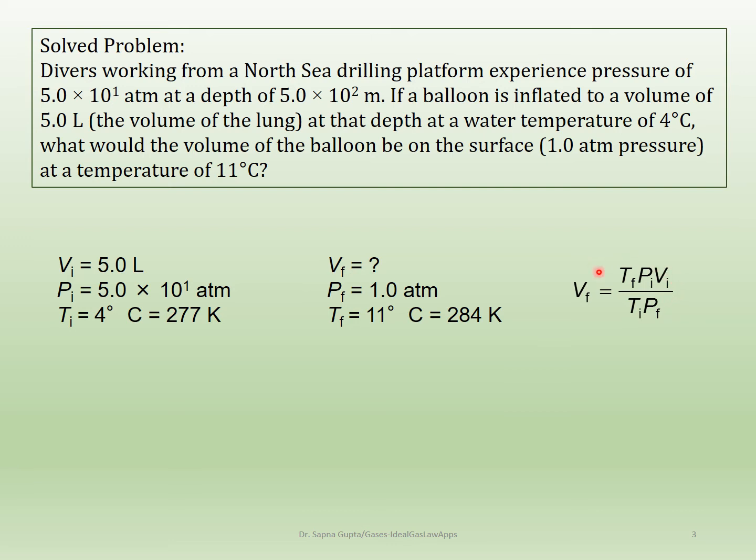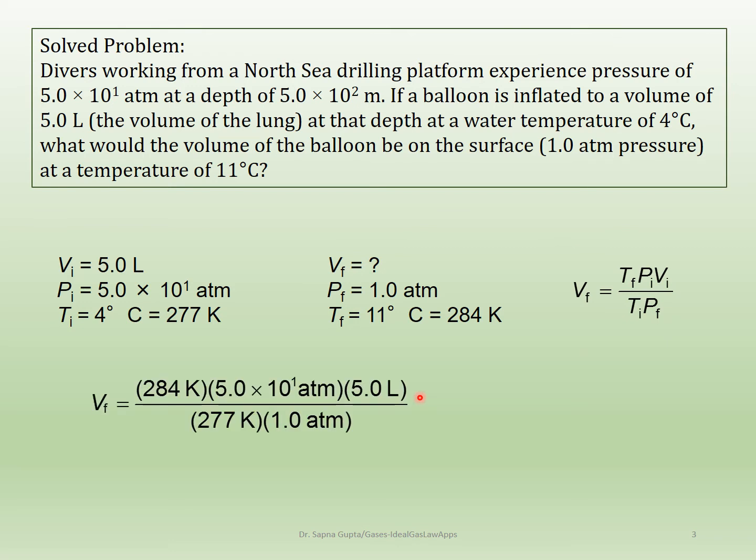The nice thing about setting up a formula like this is that once you have your initial and final numbers all set up, and once you have your formula set up, then all you have to do is plug in all the numbers. So it makes life a lot easier. So if you're not comfortable with cross multiplication, please take some time and learn it. Once you get your calculator and do the calculation, you should get 2.6 times 10 to the power